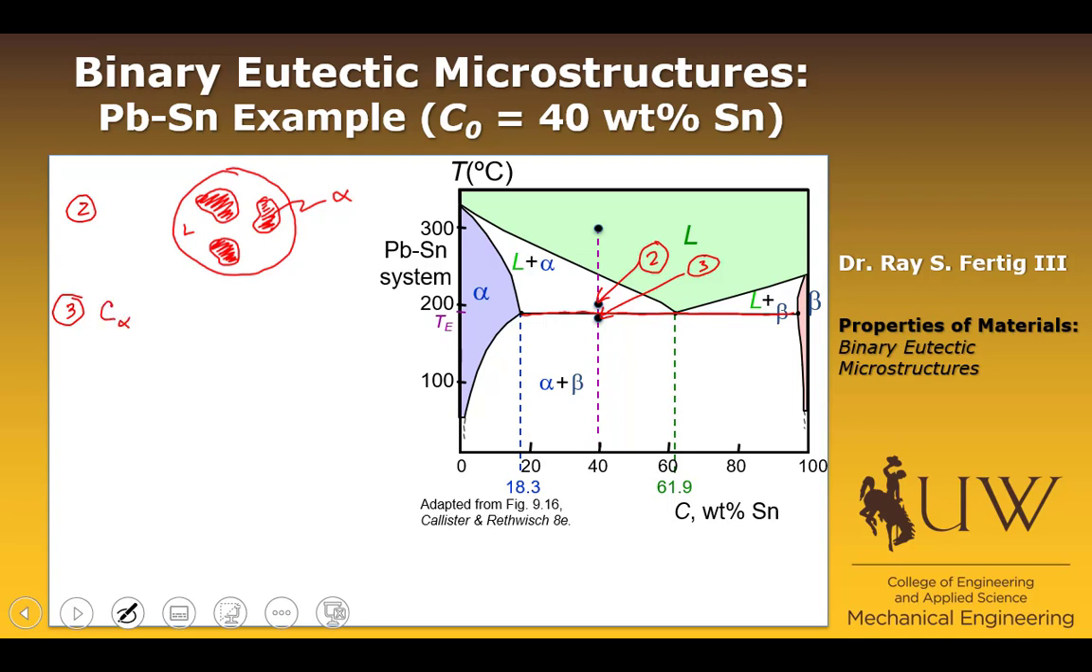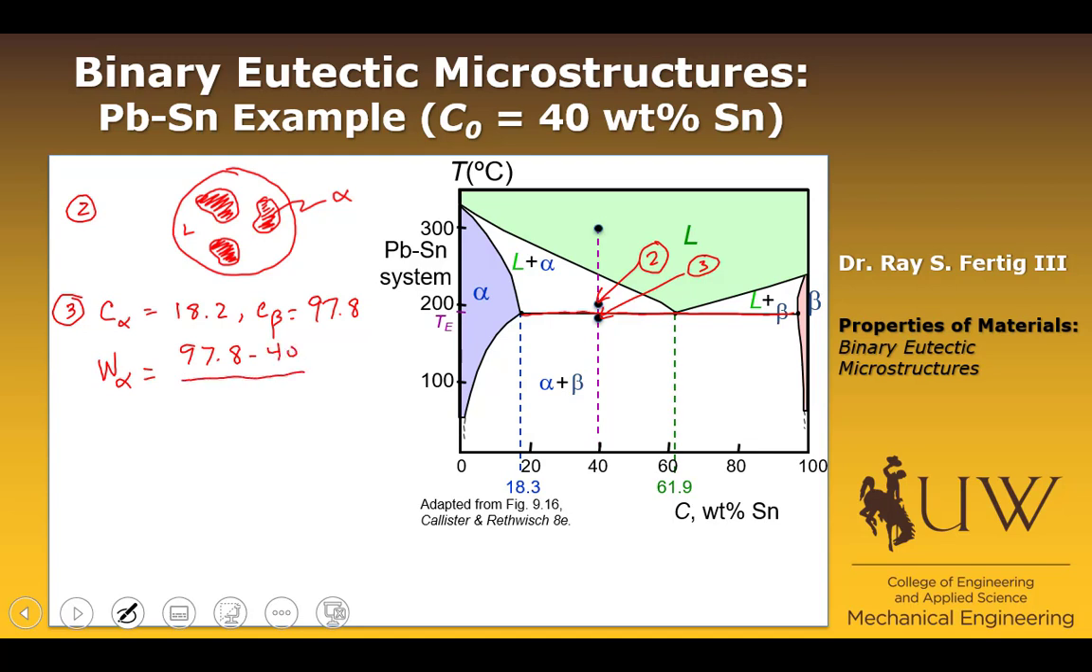So we have the composition of alpha is equal to 18.2 weight percent tin. And then the composition of beta is going to be 97.8 weight percent tin. And we can use this along with our composition of 40% to compute the weight fraction. So we'll go ahead and write that the weight fraction of alpha is just going to be 97.8 minus 40